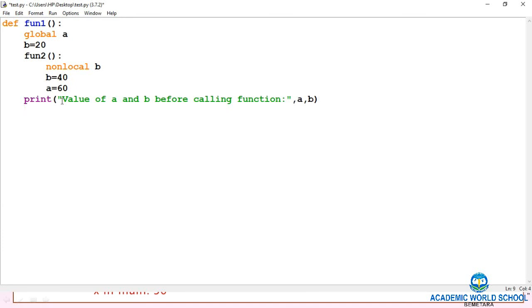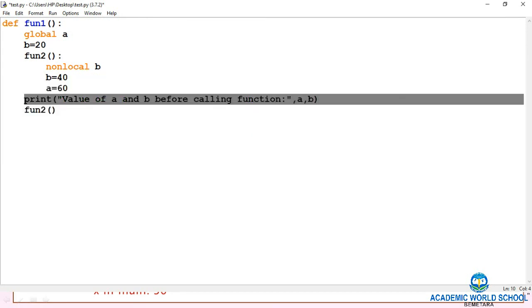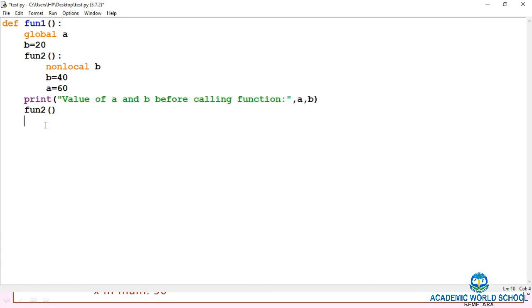Now value of b after calling function fun2.